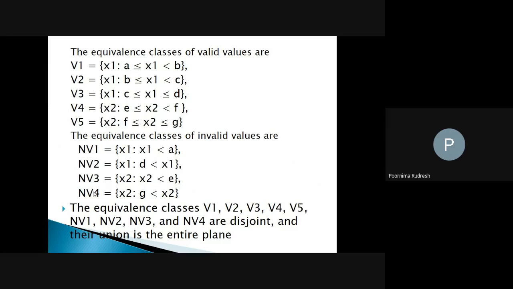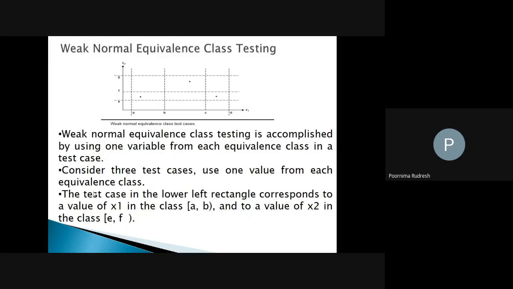So in equivalence classes, we are going to construct subsets which are mutually disjoint, and when we perform the union operation on these mutually disjoint subsets, it results in the entire set. Okay, next we'll consider another form of equivalence class testing called weak normal equivalence class testing. In weak normal equivalence class testing, the testing is accomplished by using one variable from each equivalence class